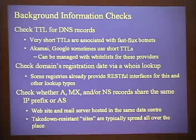TTLs for DNS records are typically associated with fast flux botnets. Always look up the domain. Check whether things like the A, MX and NS records are in the same data center. Typically you've got everything hosted in the same data center. If you've got a website hosted in one country and the MX in another country, that's kind of suspicious for, let's say,